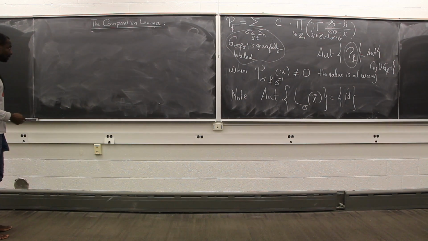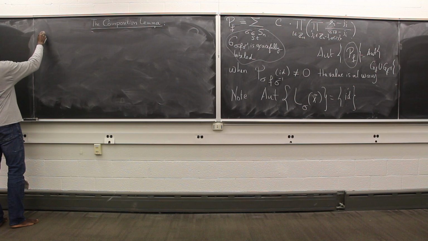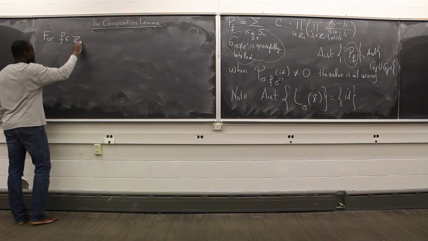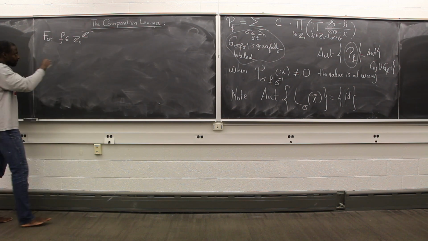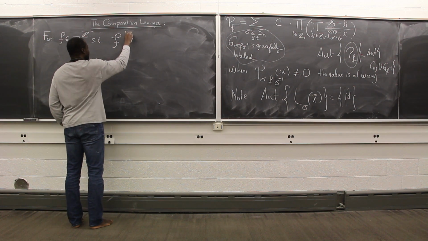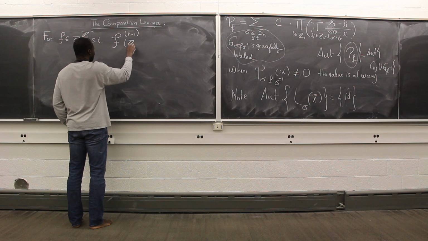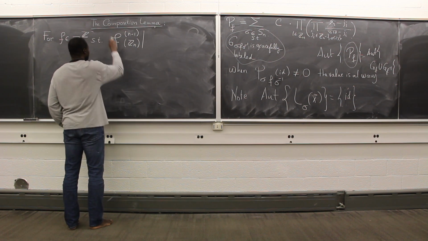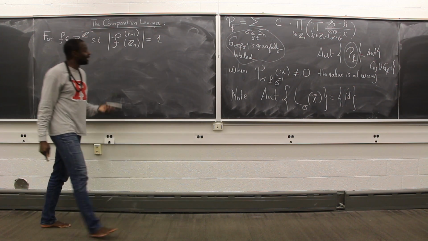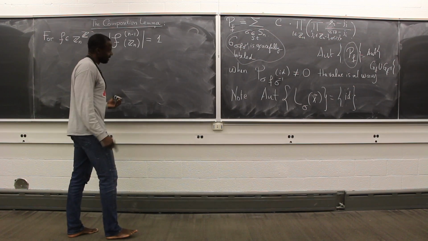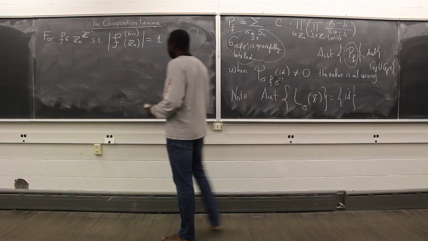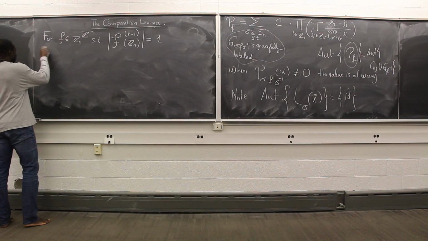Composition lemma says the following. For all f in Zn to the Zn, subject to f being a functional tree. That's what we call functional trees here, but this is not a standard name. I have not seen the term functional tree, and there's reason to suspect it was born here. Anyway, if f is a functional tree, then